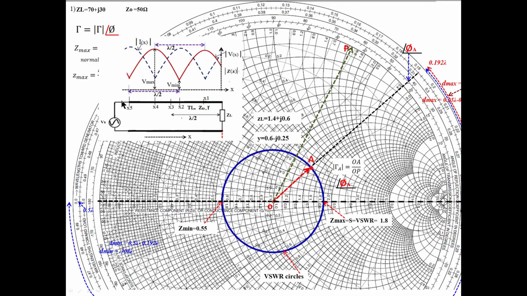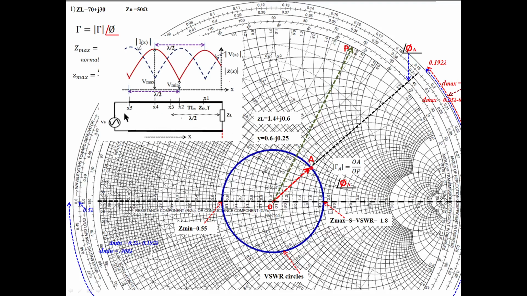Again lambda by 2 on the transmission line means again we should rotate like this over the VSWR circle. Move like this. Once we move like this, how much distance do we travel? Lambda by 2. If you want to move a further lambda by 2, what do we have to do? Again we should move like this. If you complete a rotation over this VSWR circle, we are completing 2 lambda by 2. That means lambda. See, lambda by 2, lambda by 2.